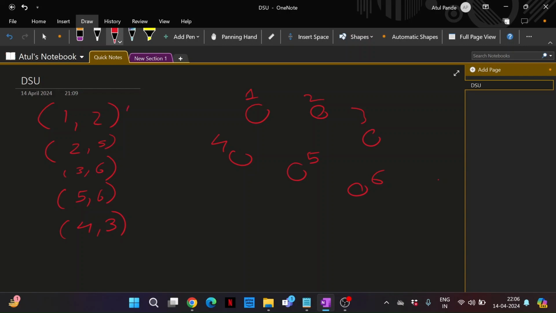Let's say we have a graph with these 5 edges. And we construct it with the first 3. So we will join 1 and 2, we will join 2 and 5, and we will join 3 and 6. And then I ask you the question whether 2 and 6 are connected or not. So